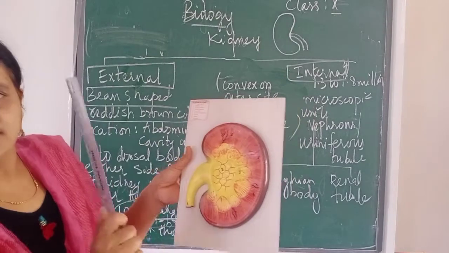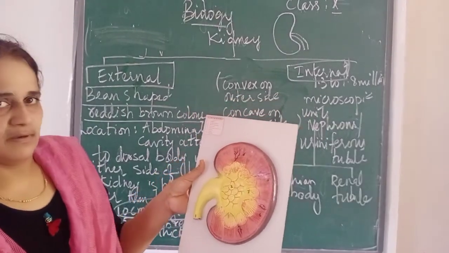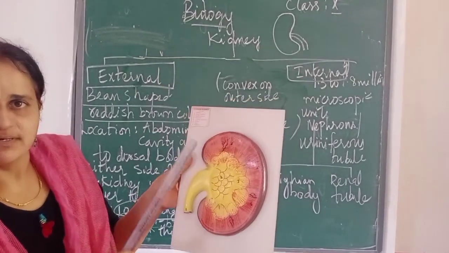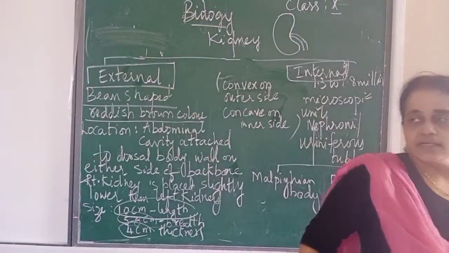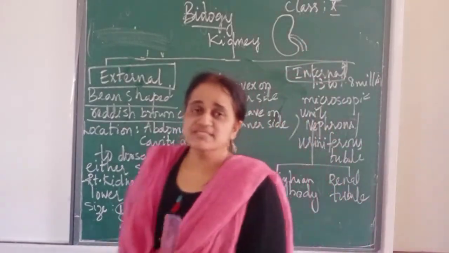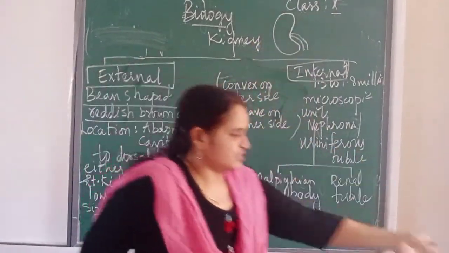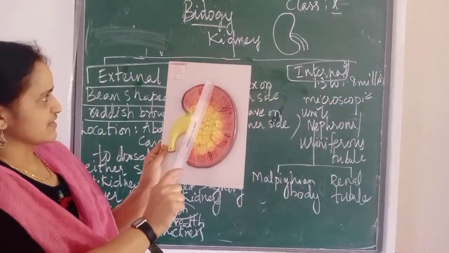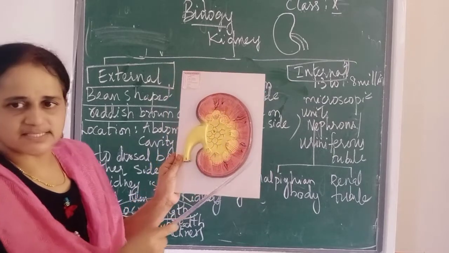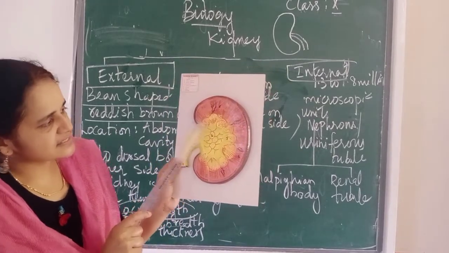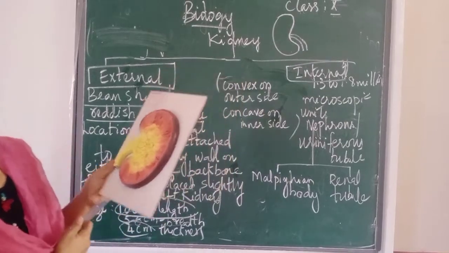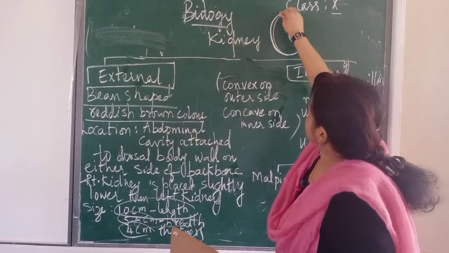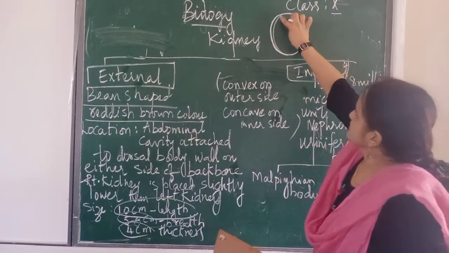So we have the model here, model of kidney. When we go to the internal structure of kidney, we will see a little more detailed structure. Now again one more point is missing. When we look at the kidney, once again I will bring the model here. There are two surfaces. This is our outer side and this is our inner side. So if I draw it on the board, it looks like this. This is outer side and this is our inner side.